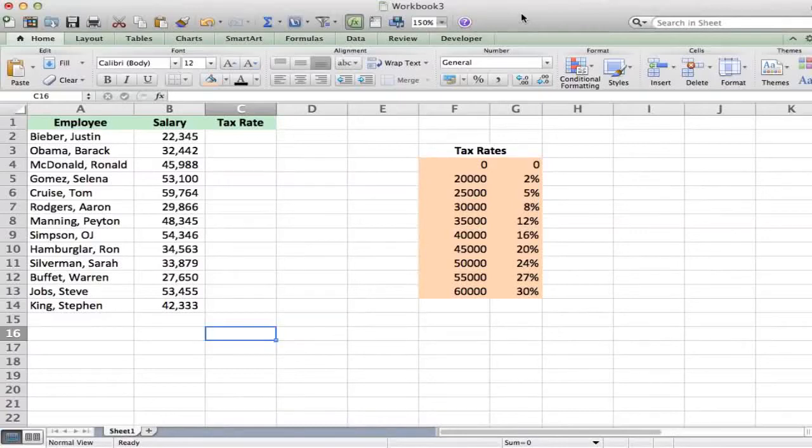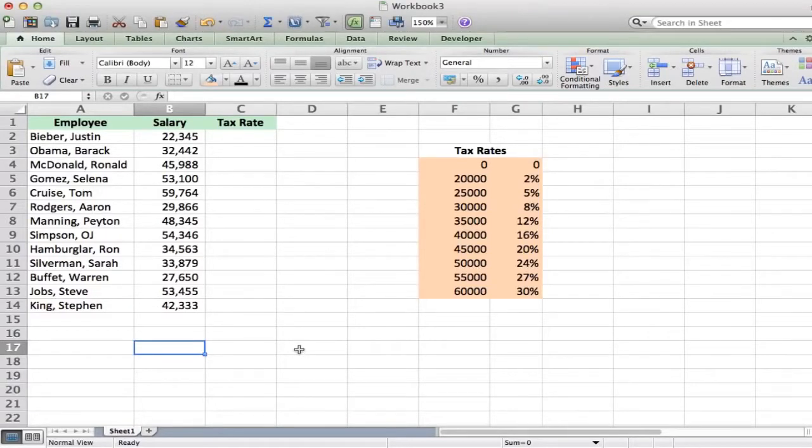We're going to go over how to use the VLOOKUP function in Microsoft Excel. Now what you're seeing here is Microsoft Excel for the Mac, and if you're a Windows user, don't freak out or leave for another tutorial. These functions work exactly the same on a Mac or a PC, so you will learn what you need to know. So a VLOOKUP,